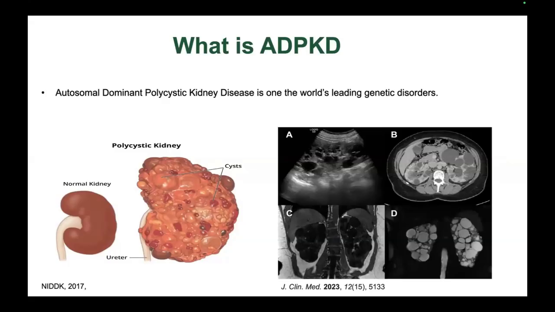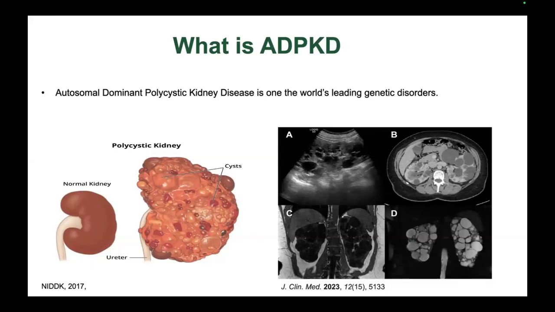And as you can see in the bottom left, a polycystic kidney is nearly double the size of a regular kidney. And as you can see on the bottom right, the large renal fluid cysts in the actual kidney lead to end-stage renal failure. So this is a very high demand study in this disease, as only one FDA-approved drug is out there, and it's tolvaptan, which has a number of side effects,